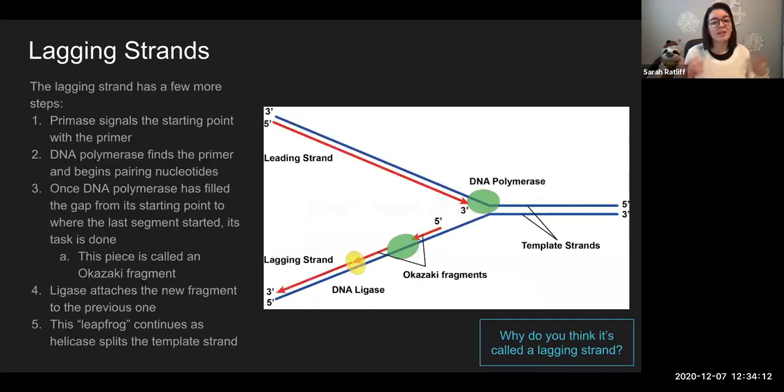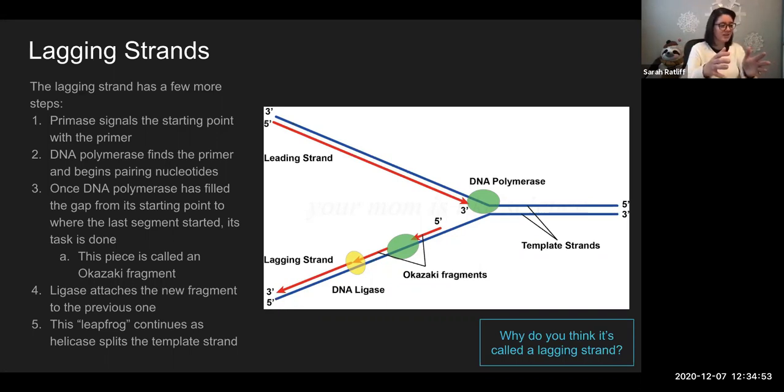Where we get some issues is in the other strand. Because our DNA polymerase can only add in one direction, 5' to 3', it needs to go the opposite way. But helicase is only unwinding in the other way. So we're going to get some fragments happening here. We're going to leapfrog. As our DNA polymerase is filling in the gaps, it's going to reach that point where it started. So it's going to have to leapfrog back to where the helicase is unwinding, start again, go, oh, that's where